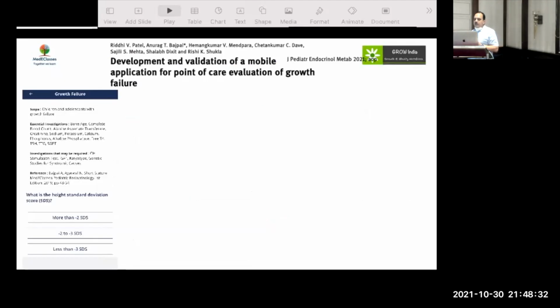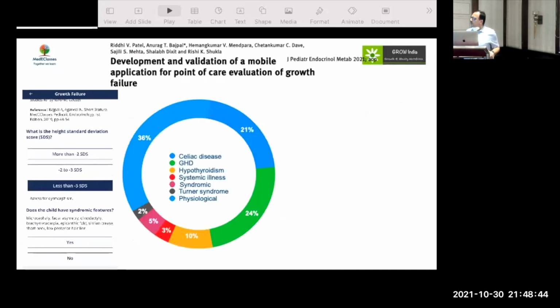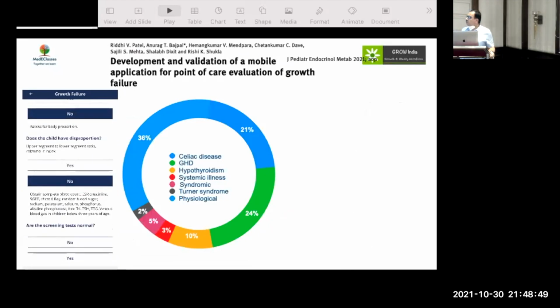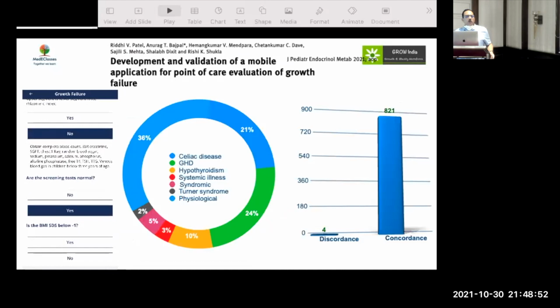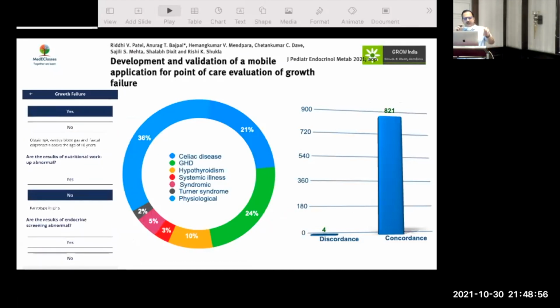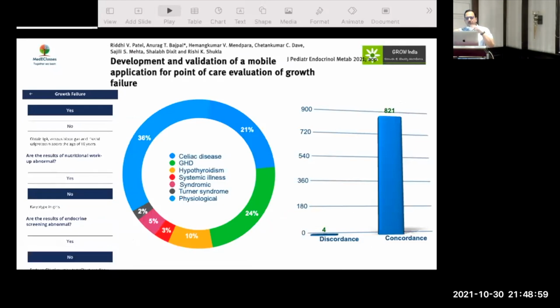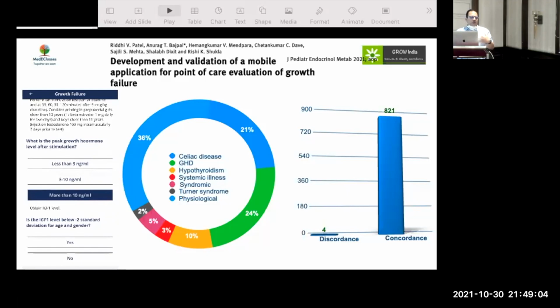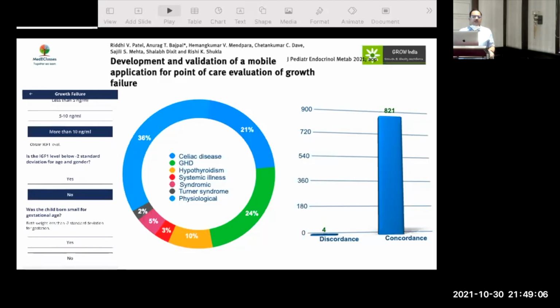Now, what we have done now, that this looks very complicated, is that we have developed everything in the app. So if you just put those question answers in the data, you get the interpretation from there. And we just published it recently in Journal of Pediatric Endocrinology and Metabolism. And this is the profile of cases which were there. And what we found was that there was a 98% concordance from what the app said and what was the final diagnosis. So if you put your data, you've got a huge chance that all the diagnoses will be correct. There may be 1 or 2 issues which may be there, but it gives you guidance in terms of evaluation.